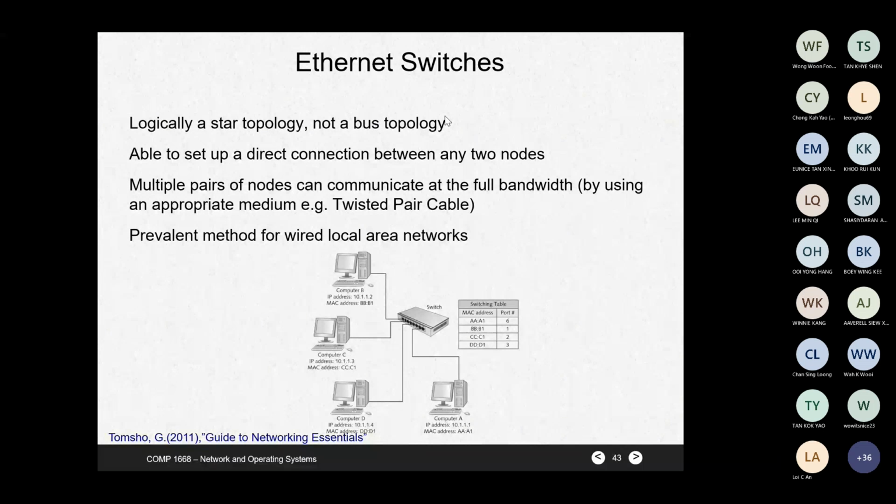The difference is only whether you use the old cable Cat 3, Category 3, Category 5, 5E, or 6 or 6E. The higher the number, the better the performance of the cable, isn't it? And it is more expensive. And in your wired local area network, you use twisted pair cable. As you can see in the diagram in my slide, you have 4 computers, and each computer has its own dedicated port connected to the switch.